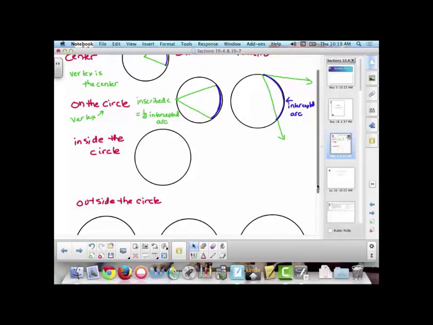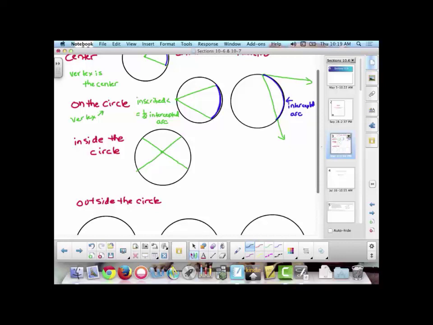Next, we're going to look at an angle where the vertex is inside the circle, but not the center. This occurs when 2 secants, or 2 chords, intersect, like in this picture here. When this happens, there are 2 intercepted arcs. When we have 2 segments intersecting like this, we get vertical angles, 2 pairs of vertical angles, and remember that